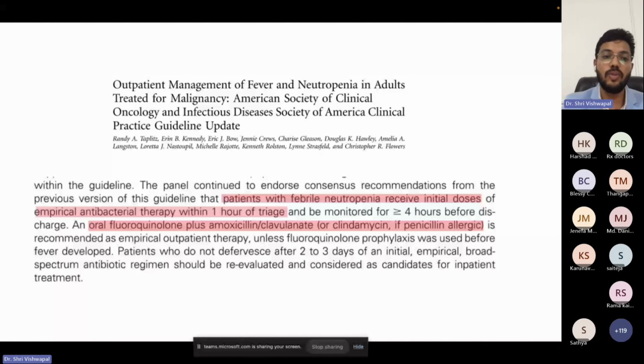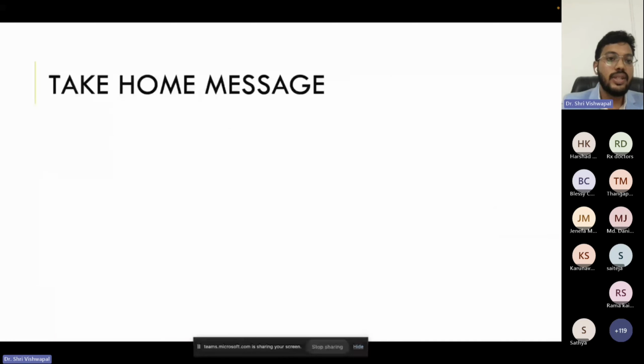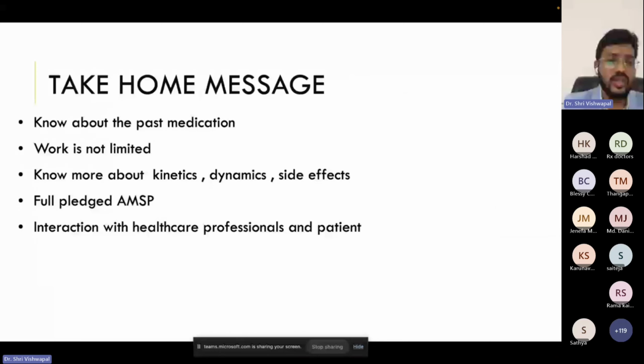The type of antimicrobial given is oral fluoroquinolone with amoxicillin-clavulanate. In case of penicillin allergy, clindamycin can be given as empirical therapy. So this is a small example of how the IDSA guidelines give a clear insight into the antimicrobials used in hospital settings. And the take home message: it is very important to know about the past medication history, and